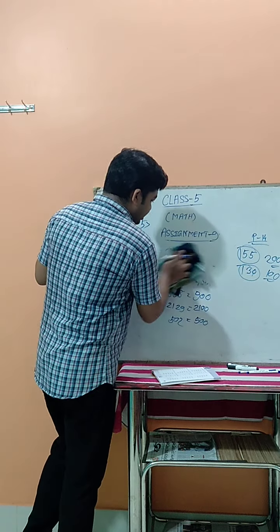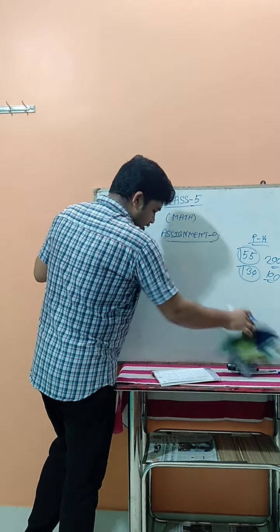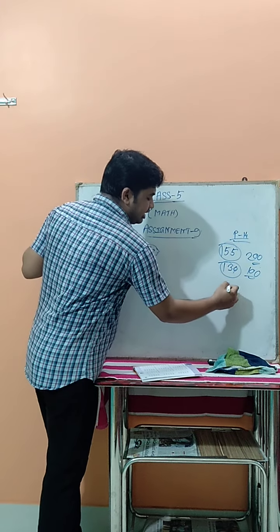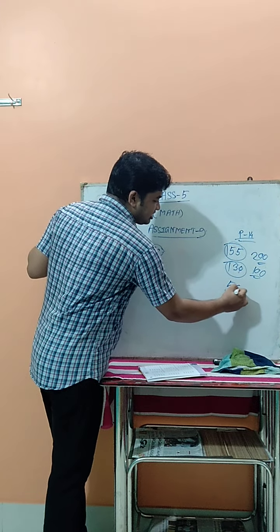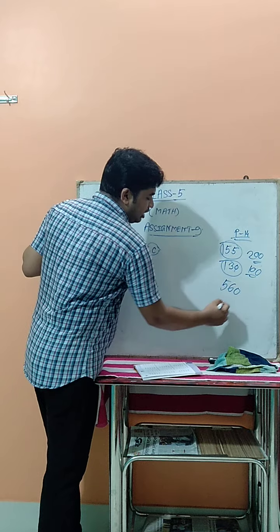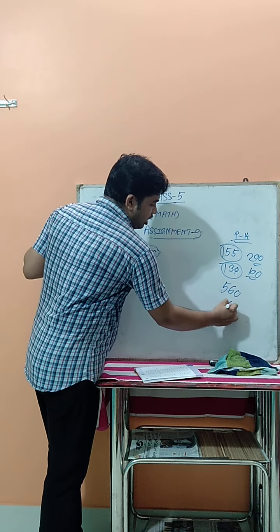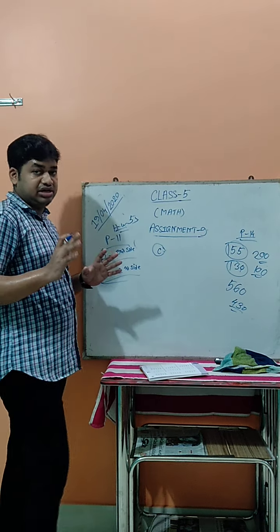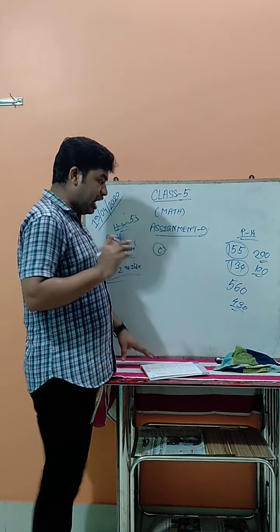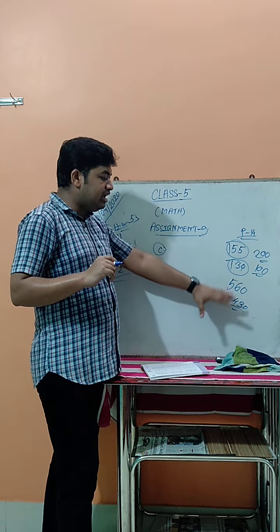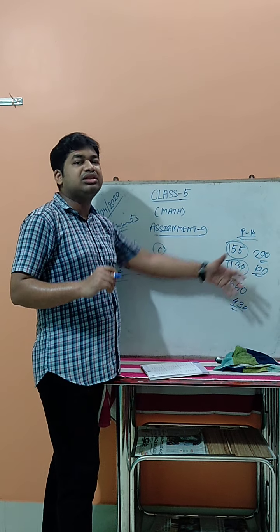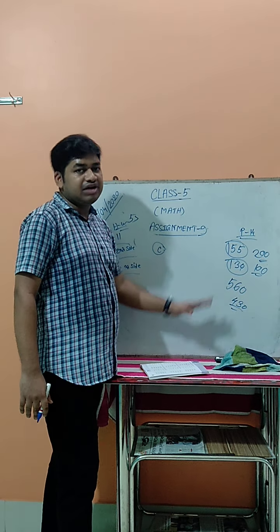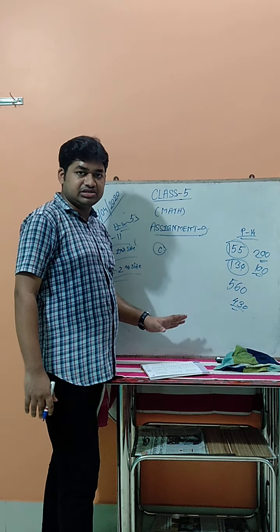Now see number C. Number C is 1000. So 1000, you have to understand: when I give an example, 560 and another one given 430, you have to make them into the 1000. You have to remember that. If it is above 500 or more than 500, that time you have to take the next one. If it is less than 500, you have to take the previous digit.